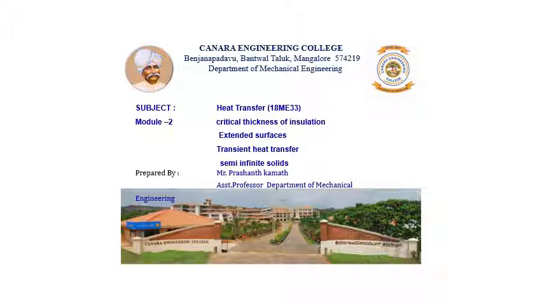Suppose radius is given in centimeter and thickness is given in millimeter, then I have to convert the millimeter into centimeter. And very important here, I have to understand whether the question has been asked for a cylinder or a sphere. Many times it will be mentioned as a cylinder or a sphere. If not mentioned, I have to use general knowledge. A tube light, if it is given, is of a cylindrical shape.